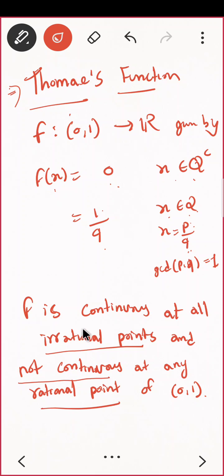So it is a little special because continuous happens at the irrational points, which is quite odd, which is continuous for all irrational points and not continuous for rational points. So that's why this is called the Thomae function. Another name is raindrop function, popcorn function. You'll find some more names for that. So maybe you can Google it and try to get to know about this a little bit. You'll feel good.